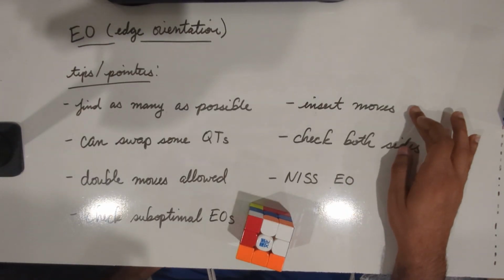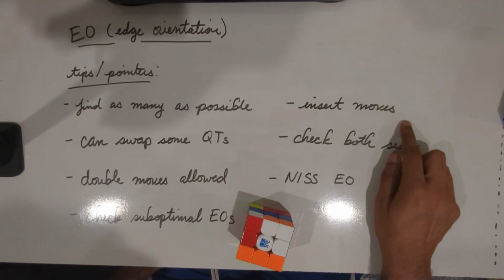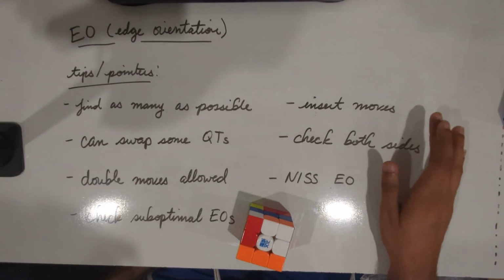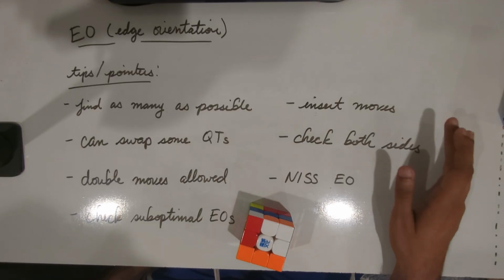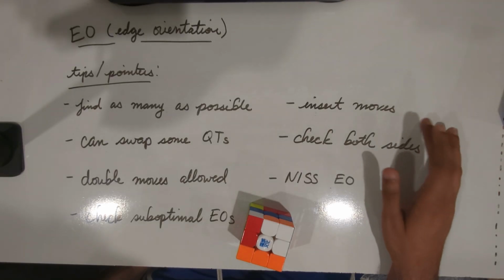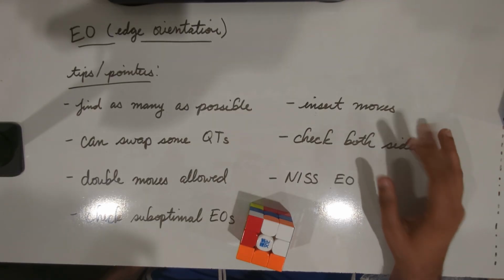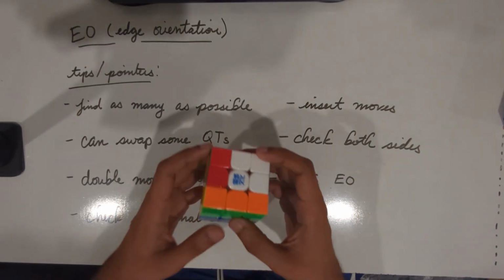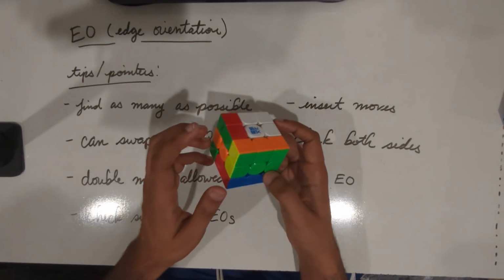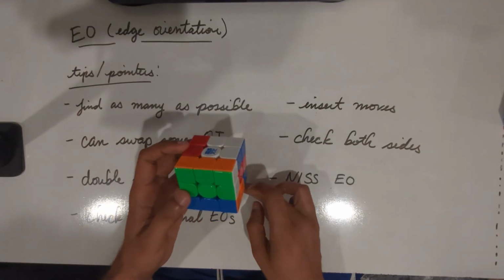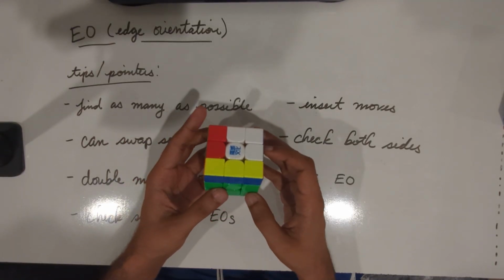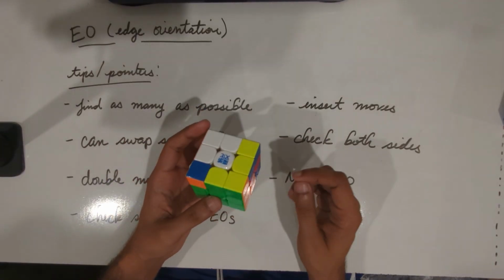Moving on to this point now, sometimes you'll want to insert moves that don't do anything or don't affect EO. The reason why is you can still get valid EOs by doing it, and sometimes doing the extra moves can give you better cases. Here's one particular example. The bad edges are here, here, here, and here. So using our double moves from before, one thing you can do is do F2, U', F, and this